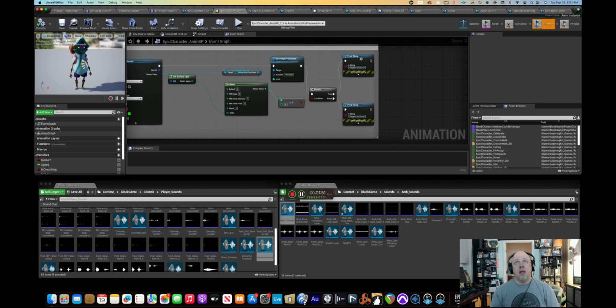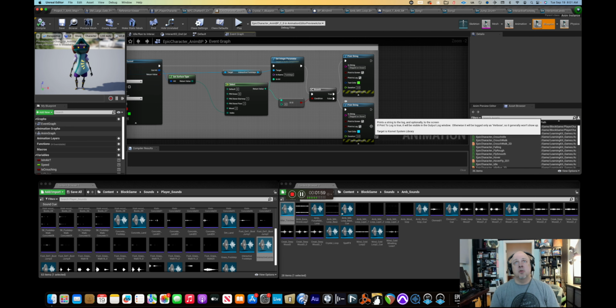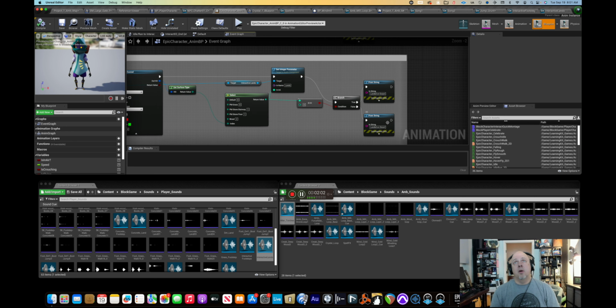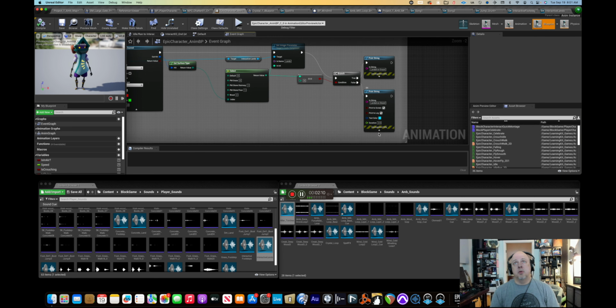And then I made a handy dandy little print string. It's actually color coded and has words instead of numbers. Stepped on grass in green, stepped on stone in blue. Or landed on grass, also in green. And then close it out. And then landed on stone, also in blue. So the way that looks now in game, if I push play,